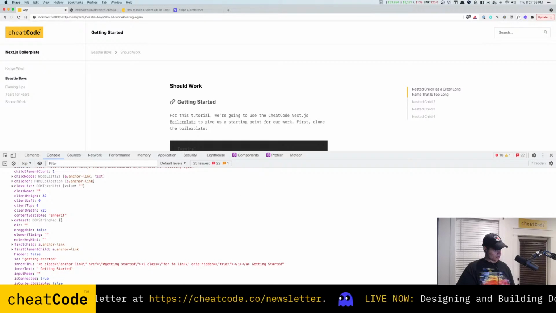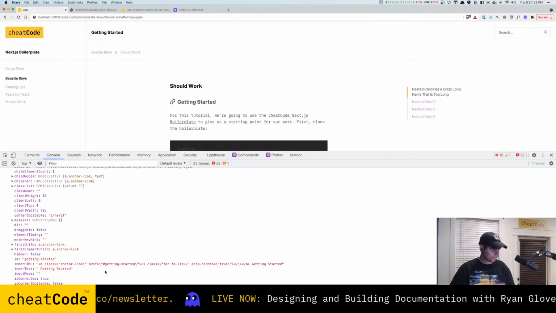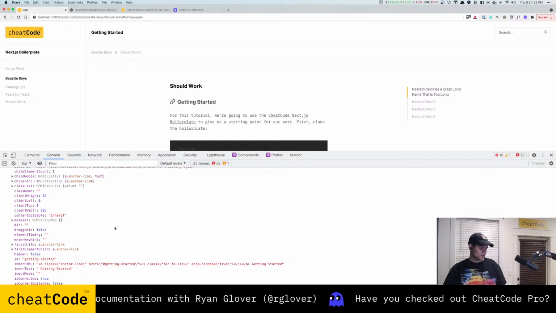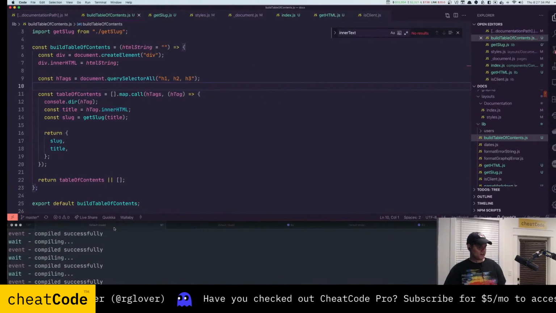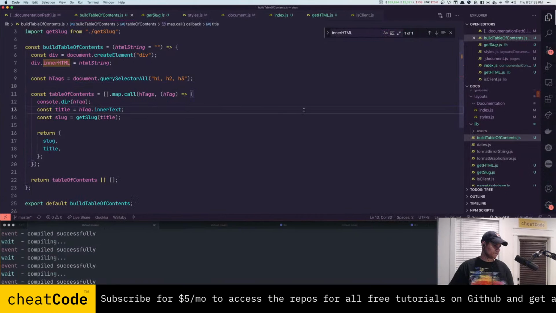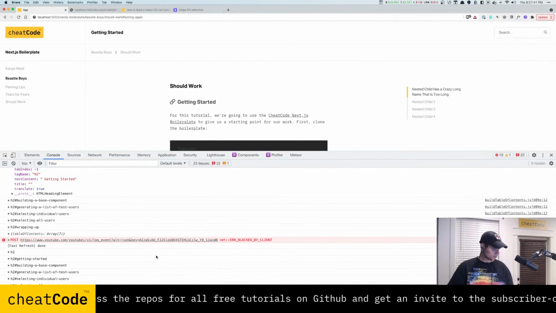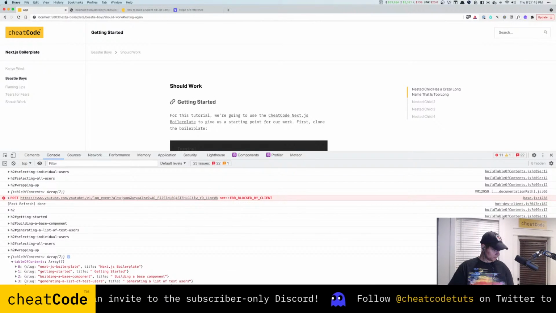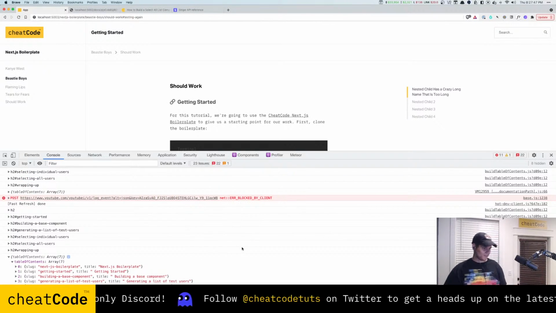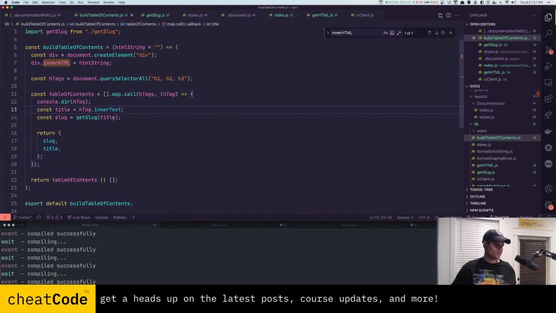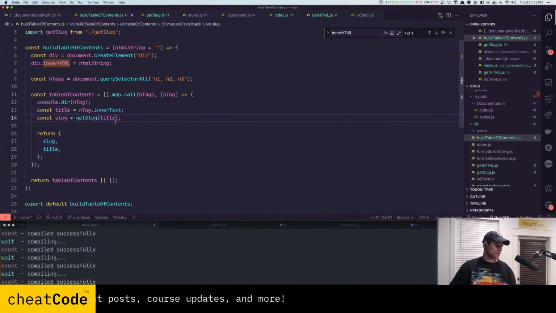Getting started. That's what I thought. Inner text. What the F? Maybe I was right and there was something else wrong. Yeah, what the? I hate computers. I love computers, but I hate computers. And we got to do